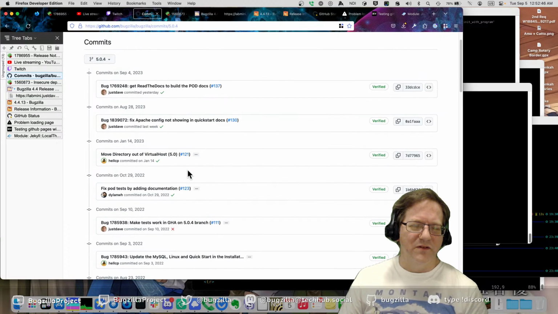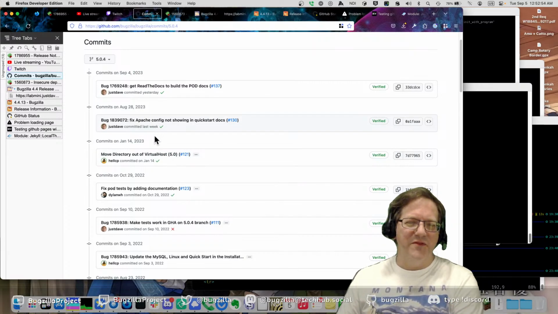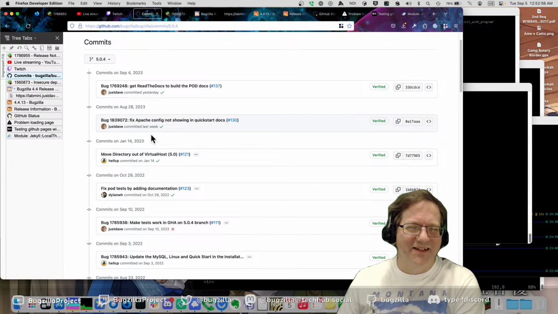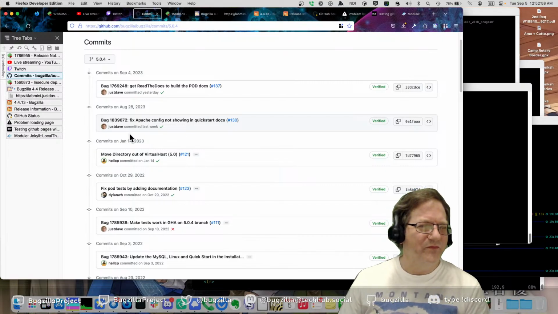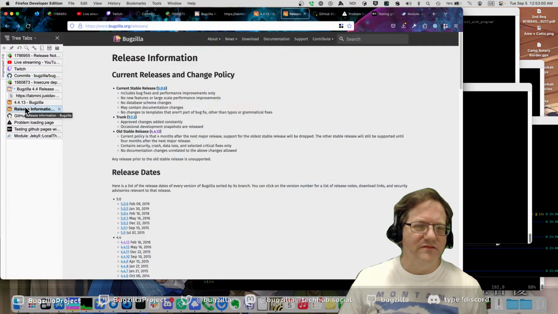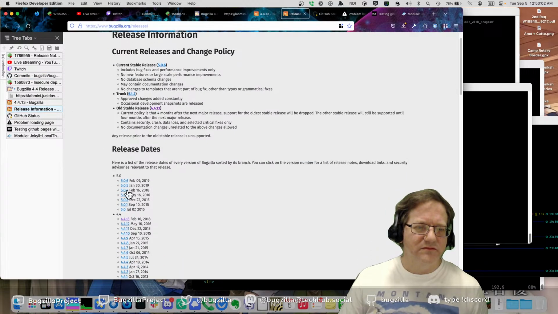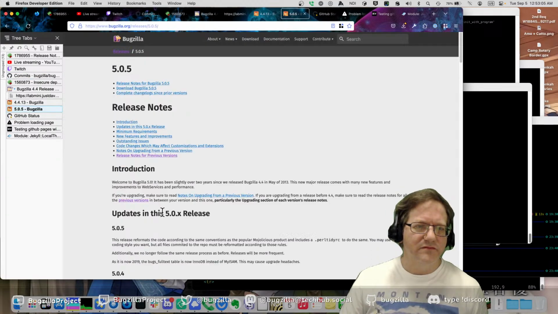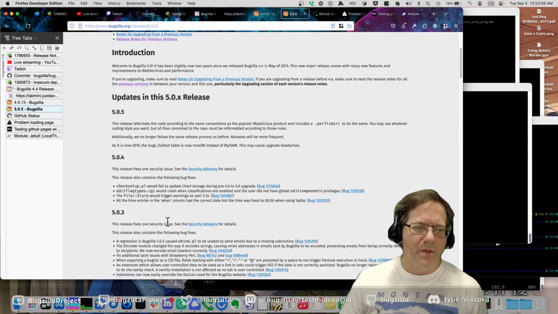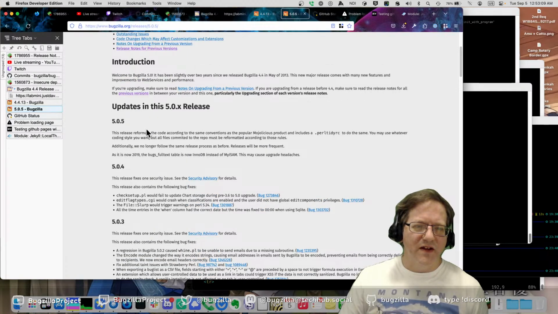So looking at the release notes for 5.05 and 5.06 might actually be useful. Just remove the stuff that made 505 be horrible. Okay, so 505 reformats the code.